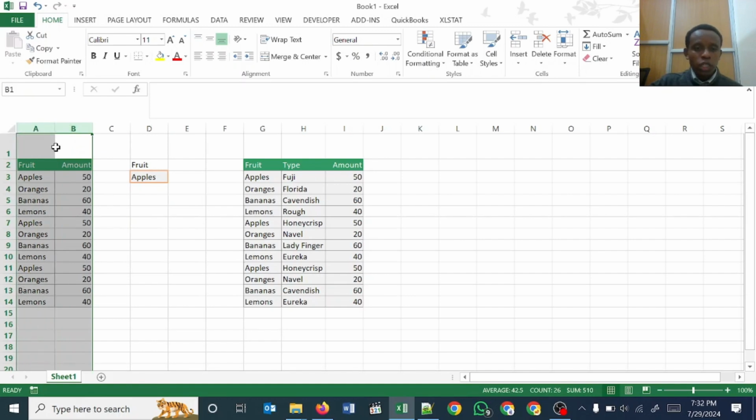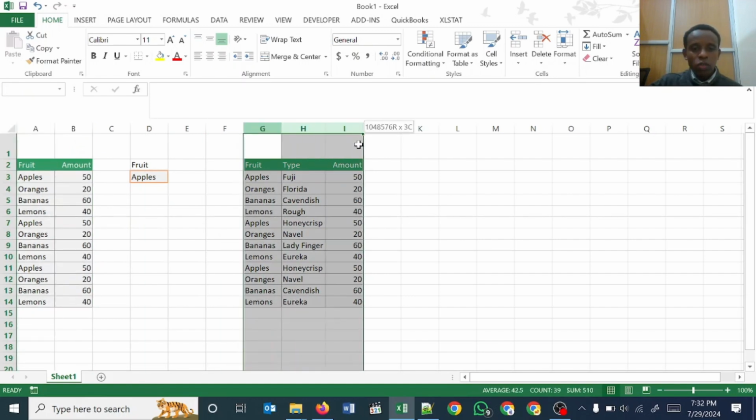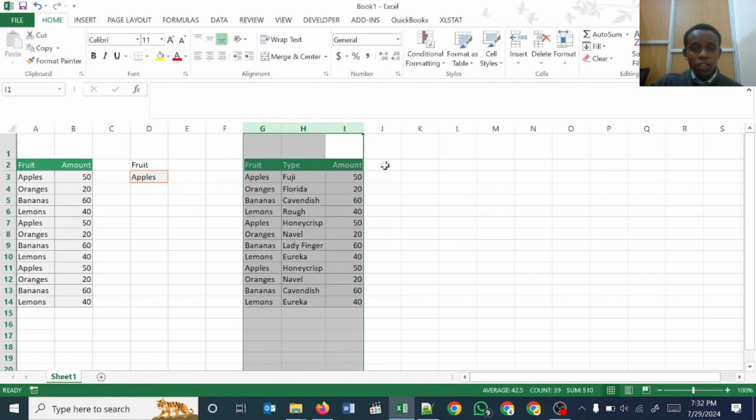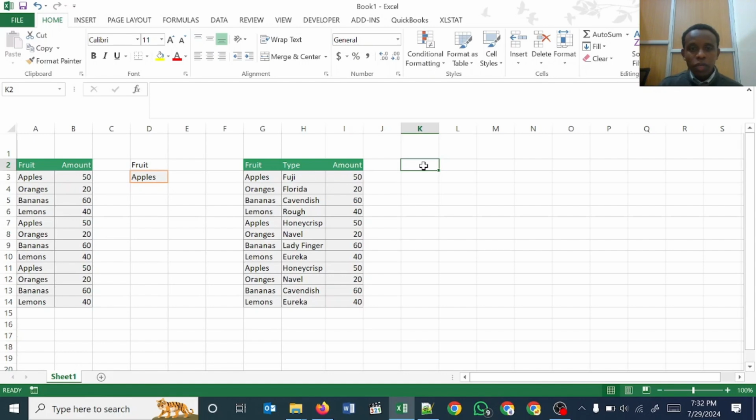So we have these two tables, this one and this one. This table here has this data validation, where if you click this drop down, it's supposed to show you apples, oranges, bananas. So I'm just going to incorporate that on this table, and it's pretty easy. So what we'll want to do is to maybe identify what we want the header to be. So we can maybe put here fruit, and then down here,